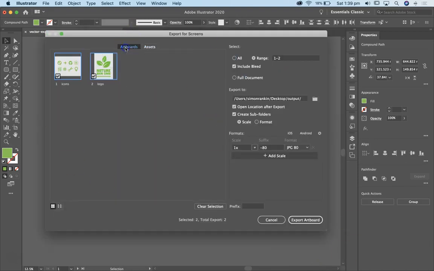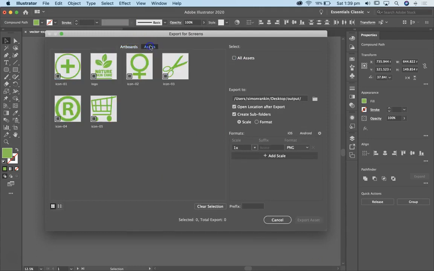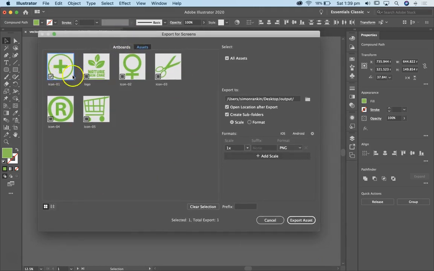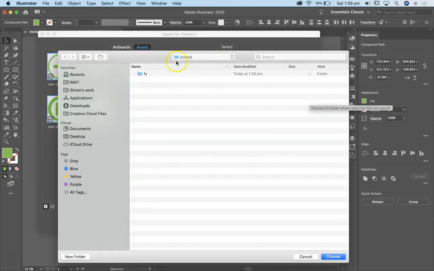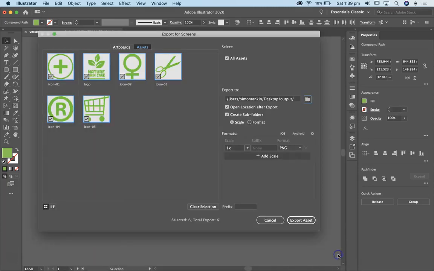And you can see that now when we click from artboards to assets, we've got all of these separate assets that we can export, and so we can select which ones we might want to export, and we're going to export all of them at the moment, and we're going to set the destination as that same output folder, and we're going to export PNGs at